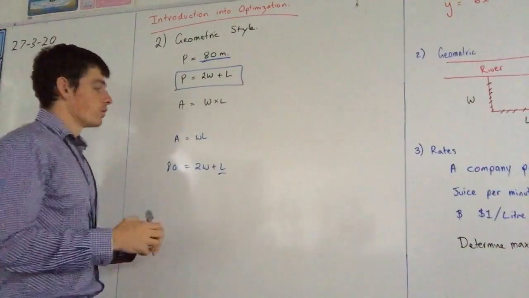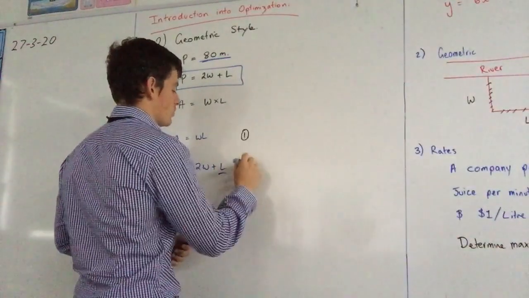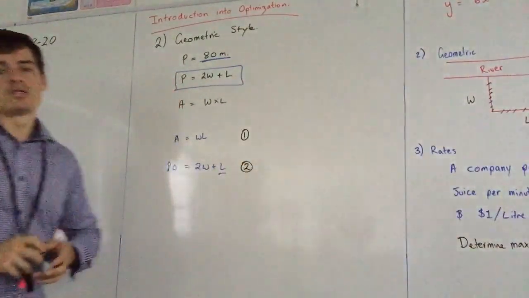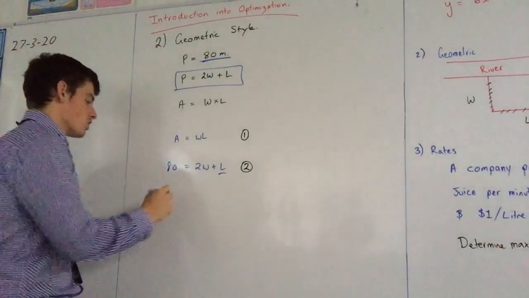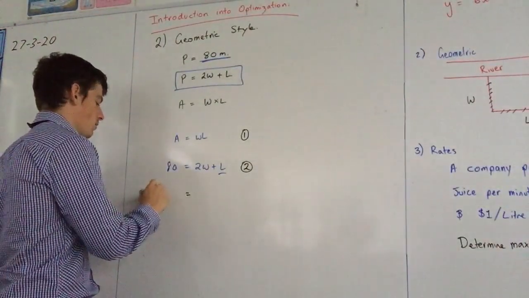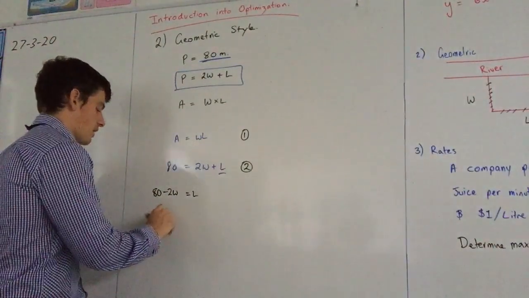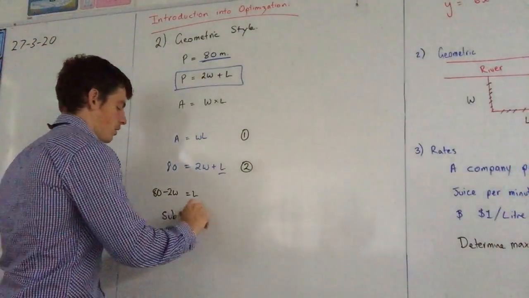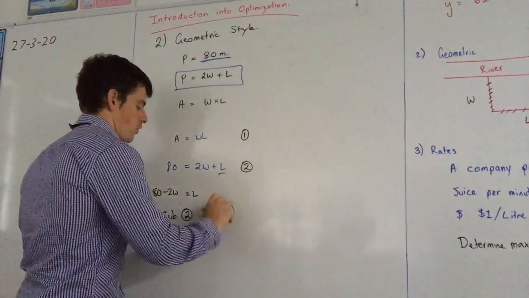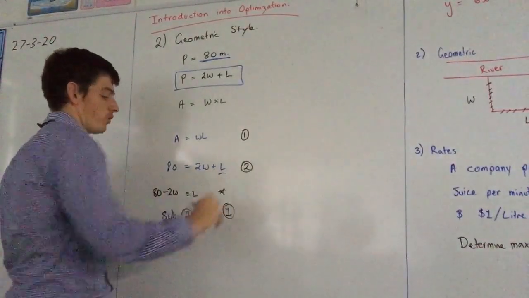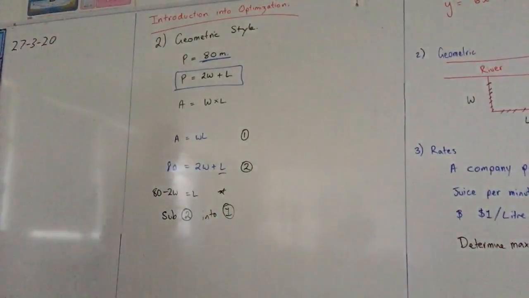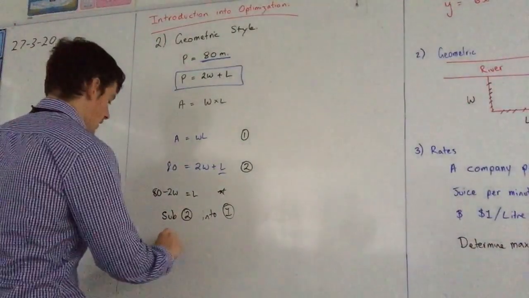I'll call this equation 1, and this equation 2, and use substitution. So I've got 80 minus 2w equals L. I'm going to sub 2 into 1, obviously subbing this version of 2 into 1, and I get A